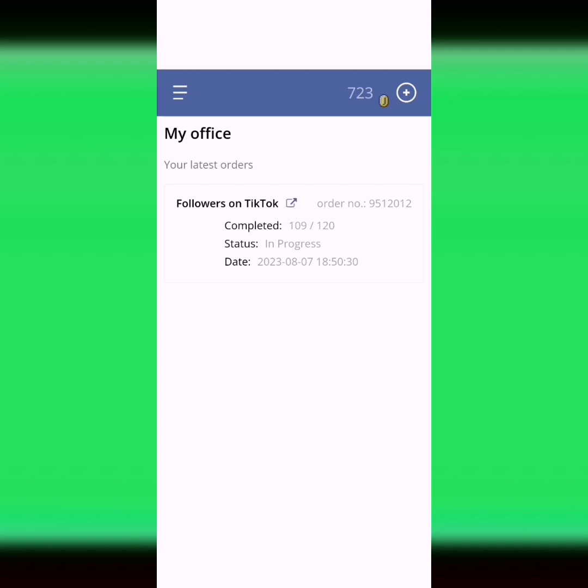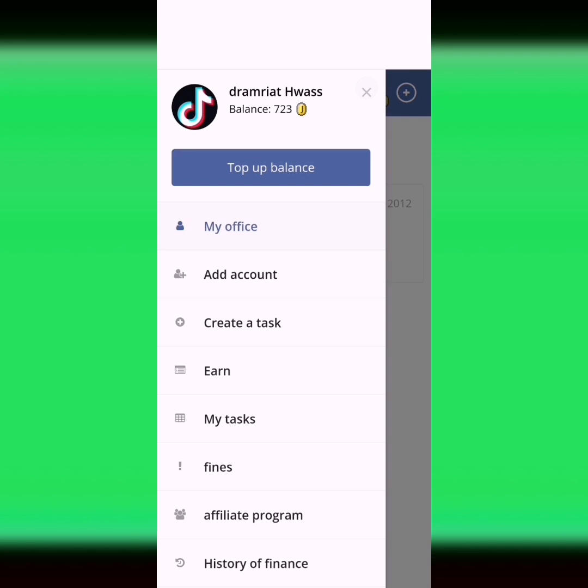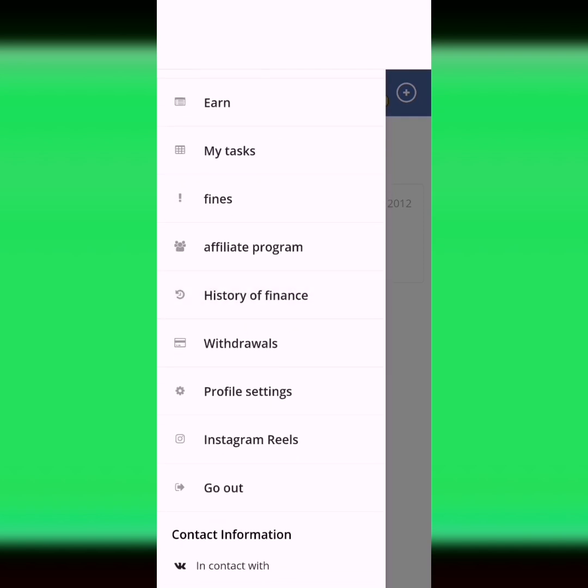I already made an order for TikTok. I have 109 executed followers for my TikTok, and over 120 followers in progress. This is my order. You pay from coins here. This is my balance for withdraw. To change the balance for